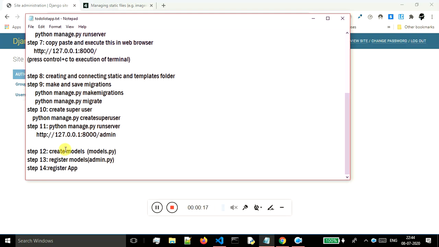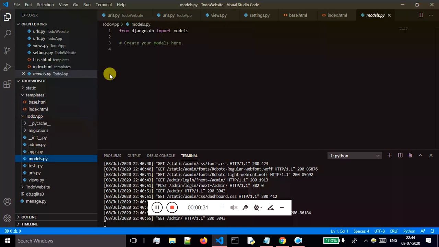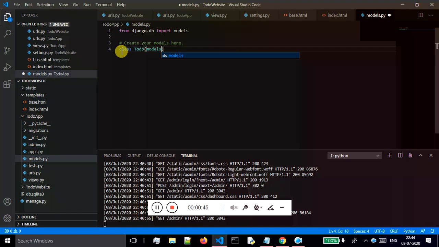Creating the model is our 12th step, and you will be creating your model inside of this models.py file, which you will find inside of your apps. Let me go to my apps folder here, and I will go to the models.py, and now I will create one model over here. In order to create your model, you will say class, then you will give the name of your model. I will say ToDo, and inside of this parenthesis you will say models dot